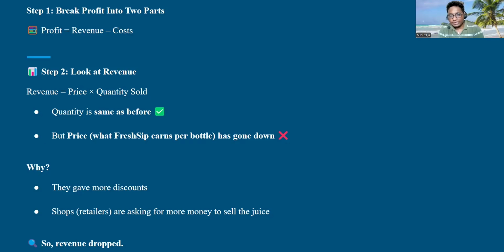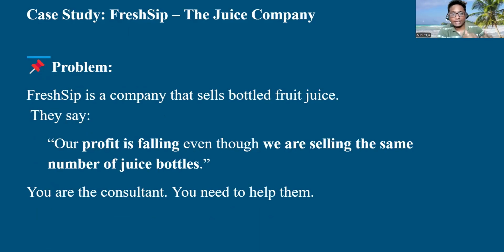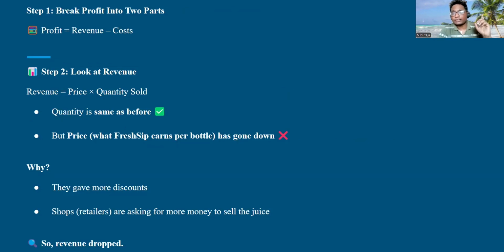Shops, retailers will be the middleman, right? So those retailers are asking for more money to sell the juice. That is the reason why the margin has fallen. Price is the same, quantity is the same, but they are giving more discounts, as well as to the middlemen. Retailers are asking for more money to sell the Fresh Ship juices. So that is the reason why profits have been declining. In the revenue factor, these are the insights, these are the findings we have found